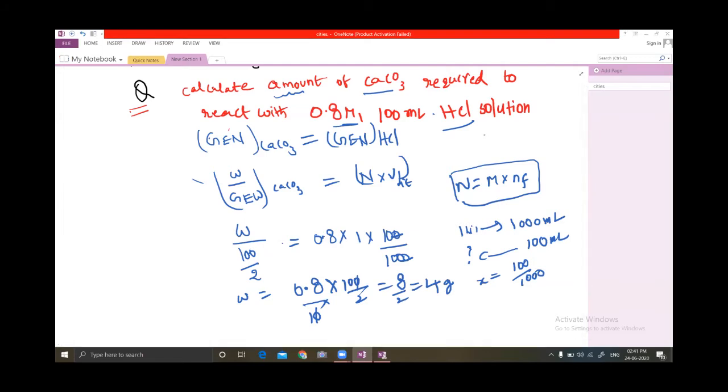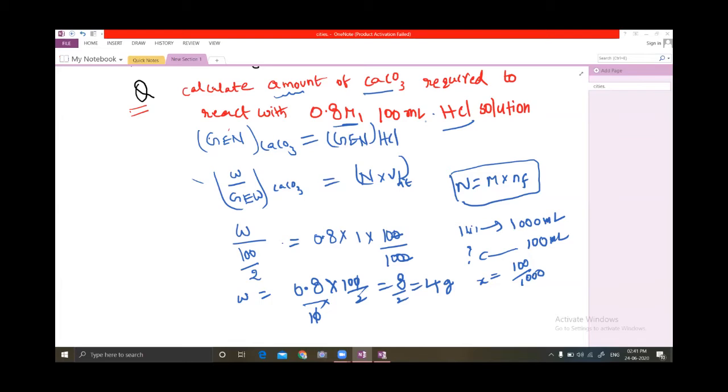Please check it. What's your doubt in this case? I am doing a very simple concept. This is not like your mathematics and physics, with too many concepts. We are just equating everything to the gram equivalent number. How to calculate the gram equivalent number?